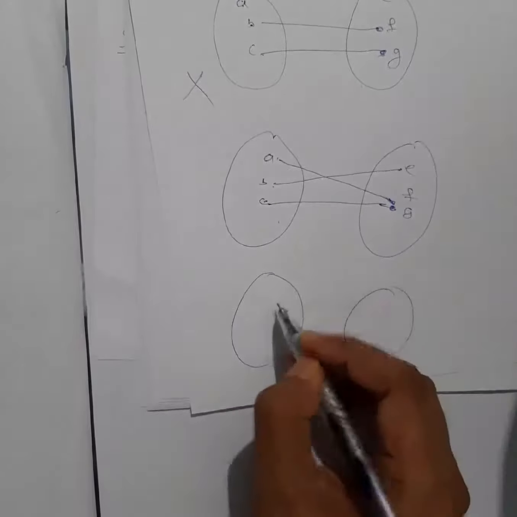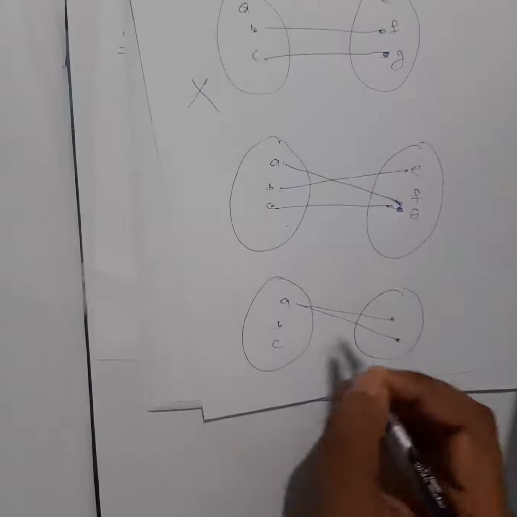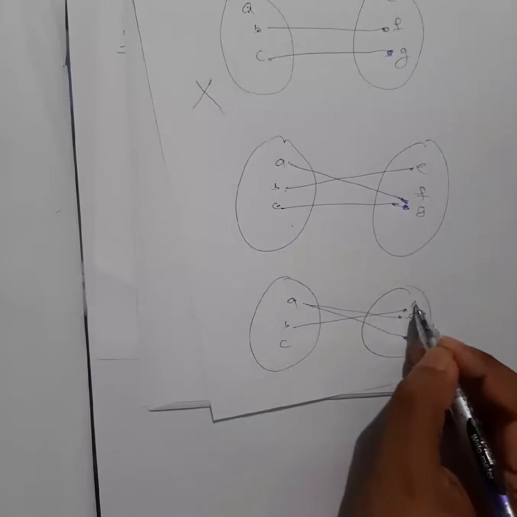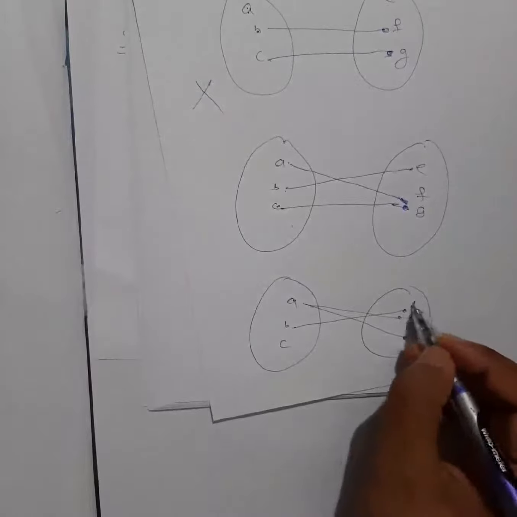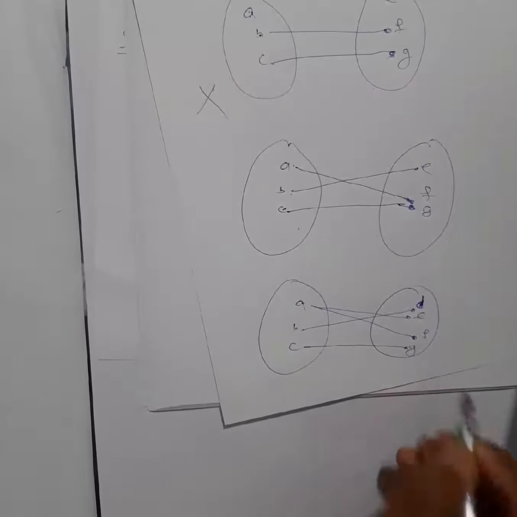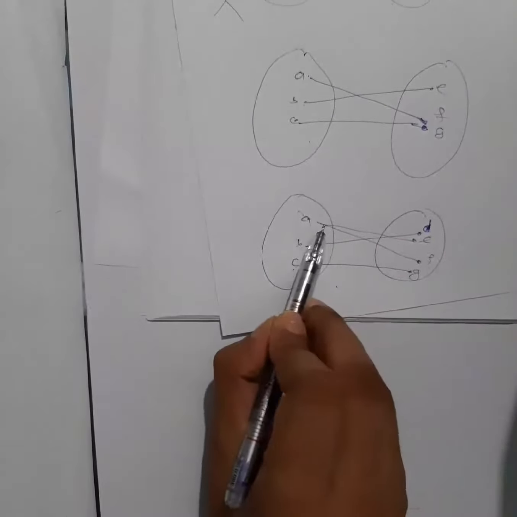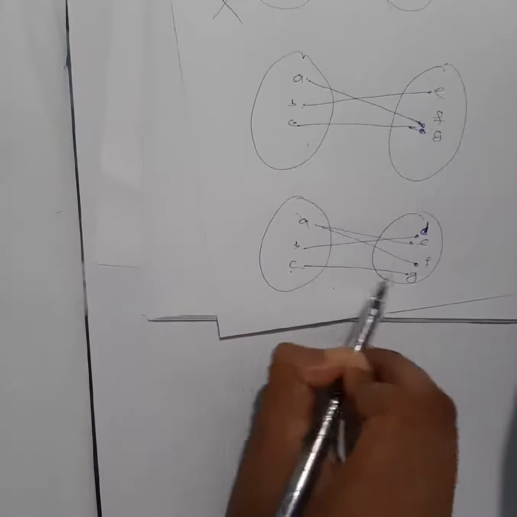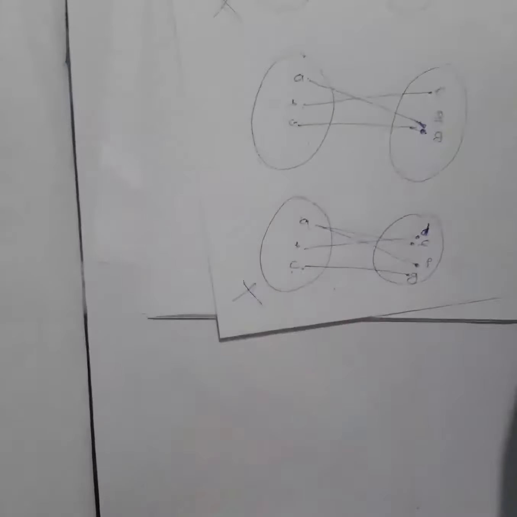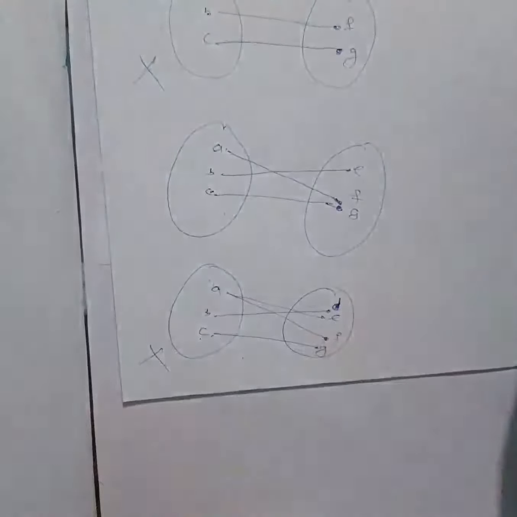One more last example. A, B, C. This has an image, this one. This has an image, this one. E, F. This has an image, suppose, let me write D here. This has image G. Is this a function? First thing, all elements have an image. Okay, fine. Next, this has one image, but you can see this one has how many images? 1, 2. So this is not a function. Okay, so that was the function definition with the help of an arrow diagram. I hope it is clear.